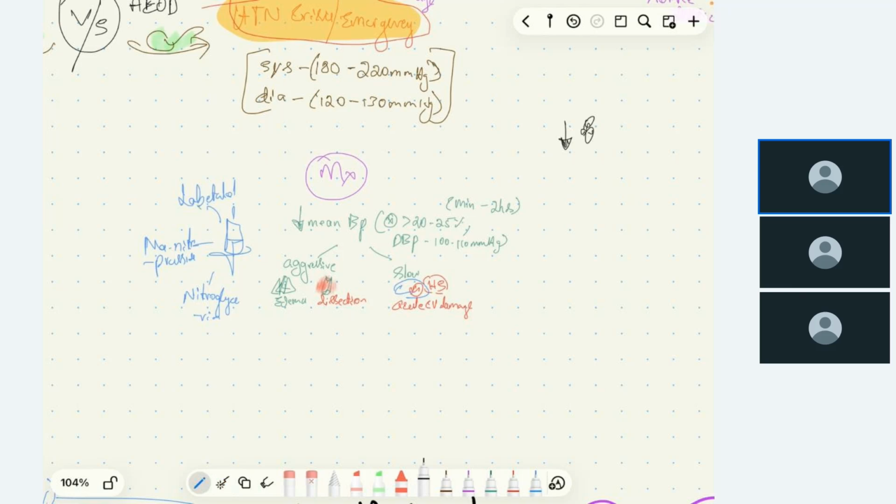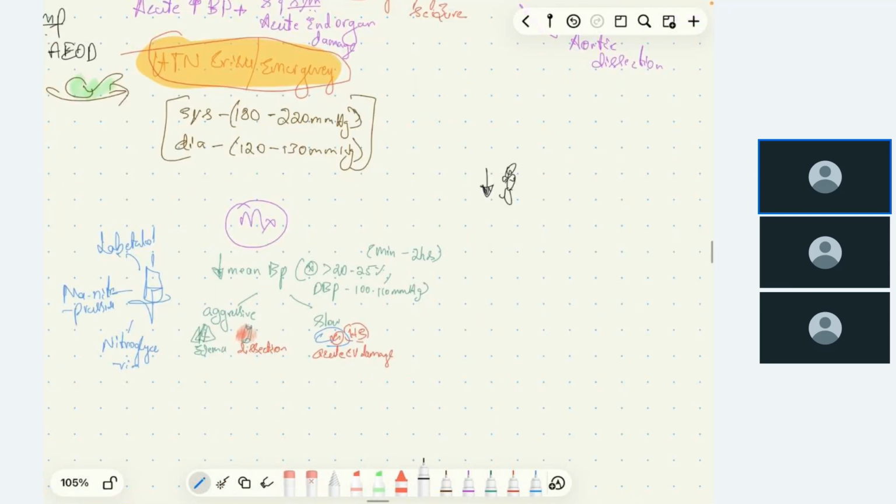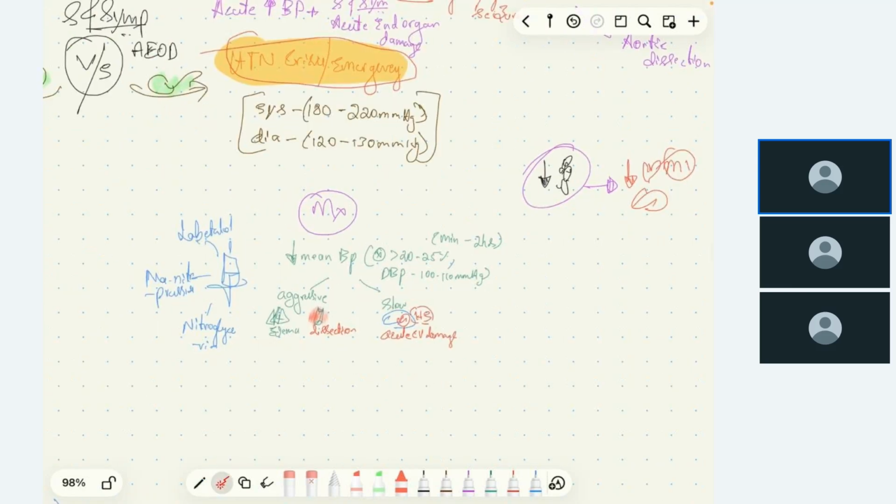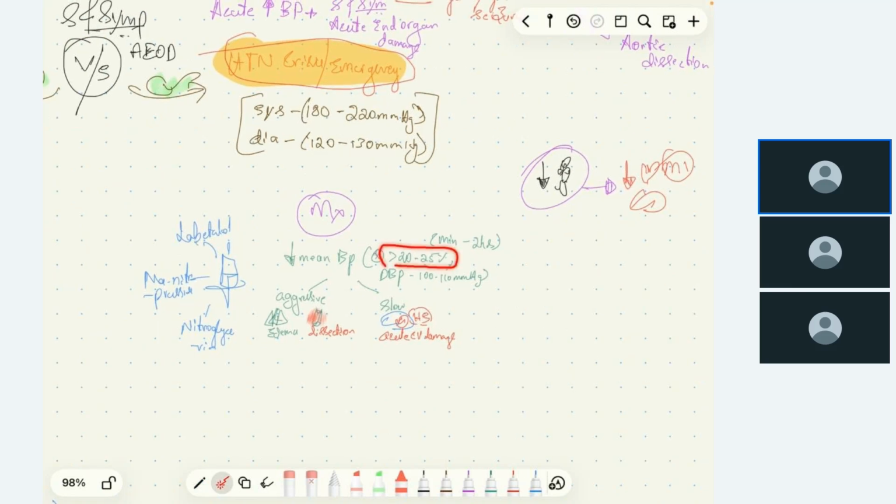If you reduce the blood pressure by giving IV agents, we have many IV antihypertensives, we'll give it and reduce it. If you do that very rapidly, the patient will have reduced perfusion to the myocardium and cerebral perfusion. All the perfusion will be reduced, and he may develop MI due to that. Please note, our target is, we should not decrease the mean BP more than 20 to 25% in minutes